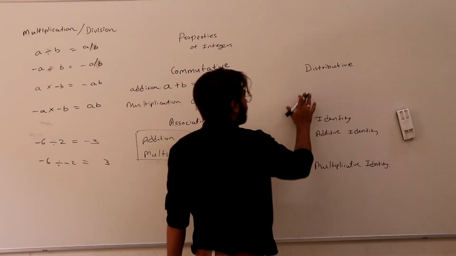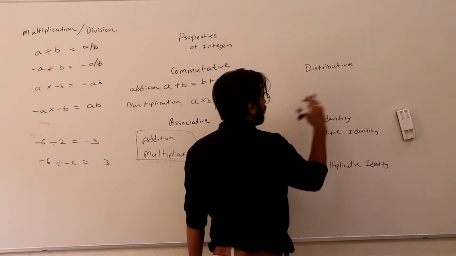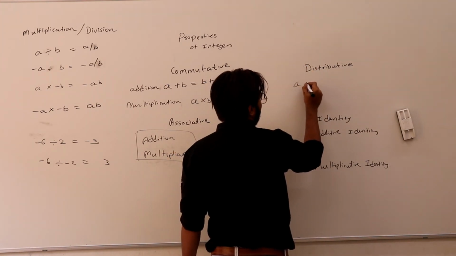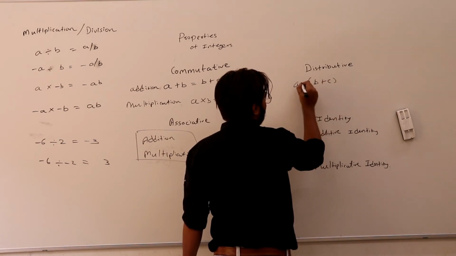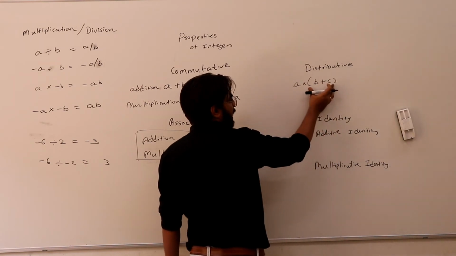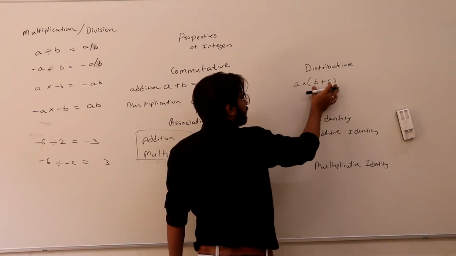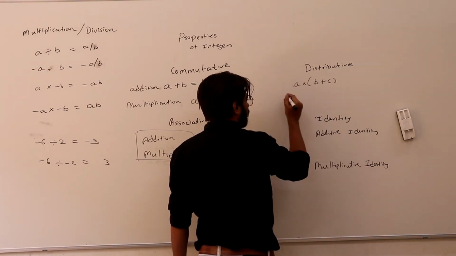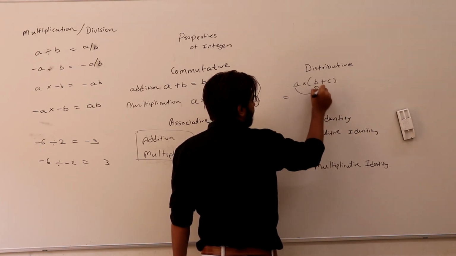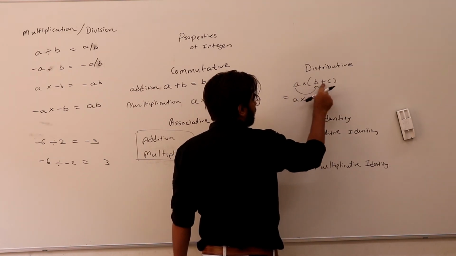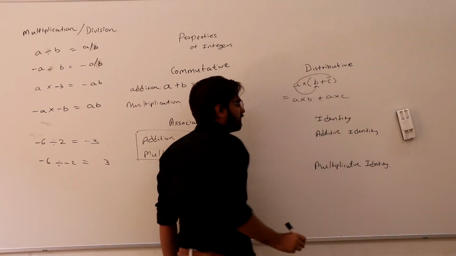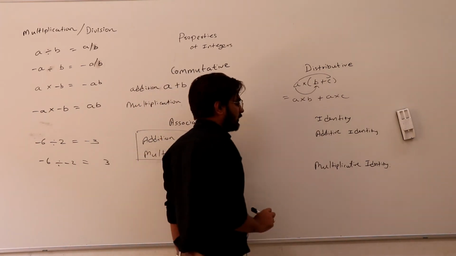Now the distributive property is a property which we do not check for a particular type of number, but it is a universal property. That is, if in the bracket it is like this, a multiplied by b plus c, then either I add these two first, if they are addable, of course, and then multiply the answer with a, or I can do separately a multiplied by b first, whatever the sign is in between, then a multiplied by c. We will take some examples so the picture will be more clear.